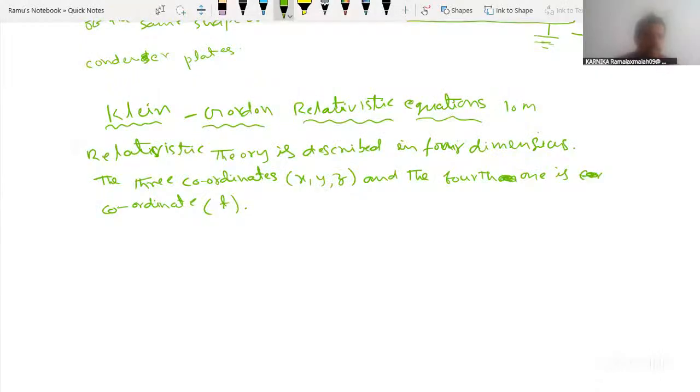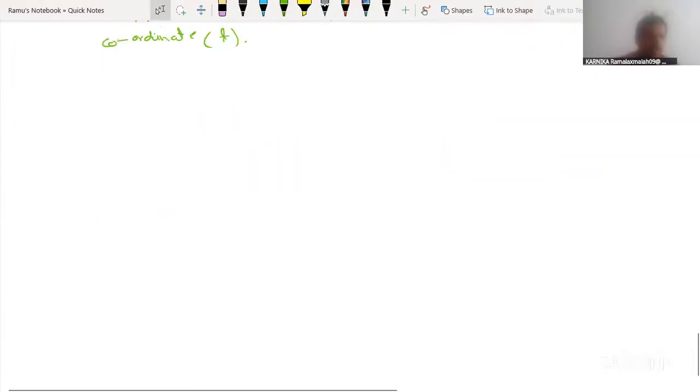Let the Schrodinger equation in operator form. Schrodinger equation. So let us